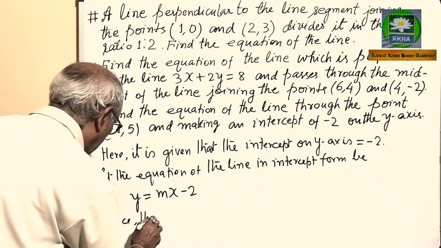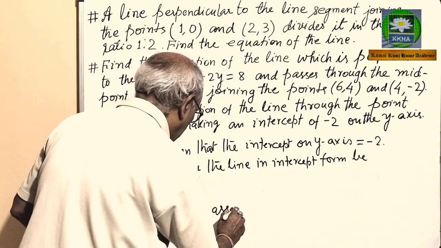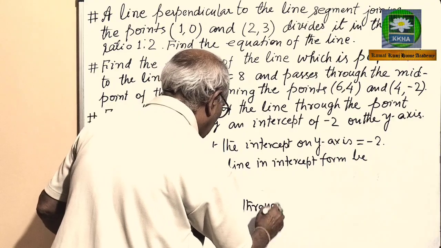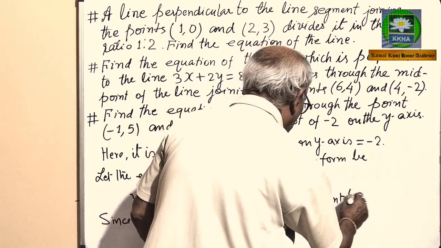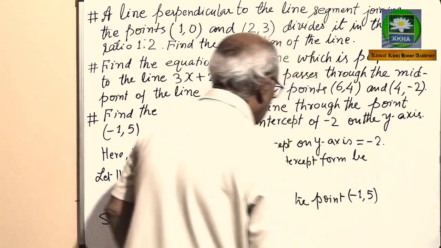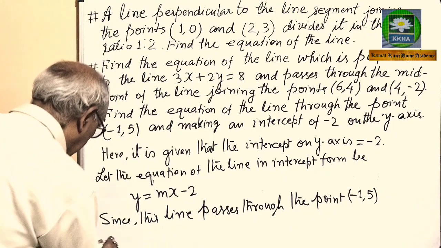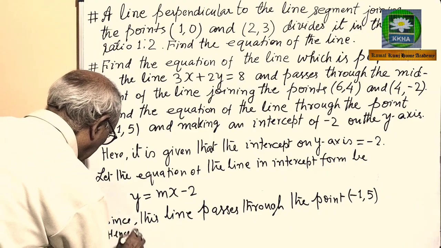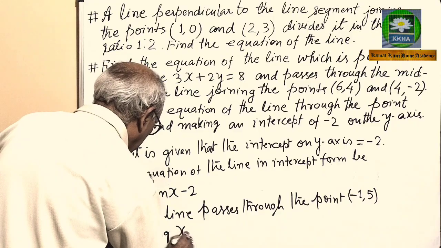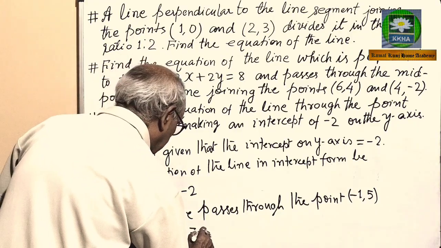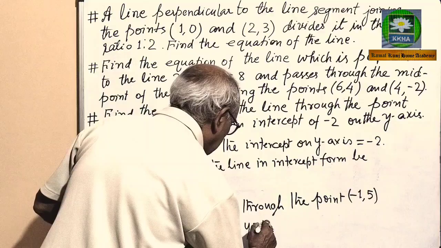Since this line passes through the point -1 and 5, hence, putting x equal to -1 and y equal to 5,